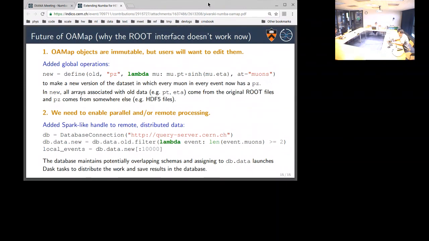Now let me define new data sets based on that and perform histogramming based on that within, like I said, 1 or 2 months from now. And then enclosing that in some higher level query server would be beyond that.